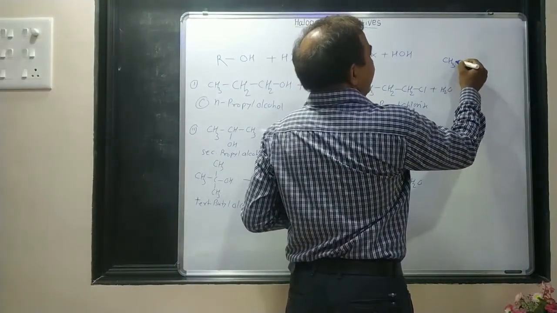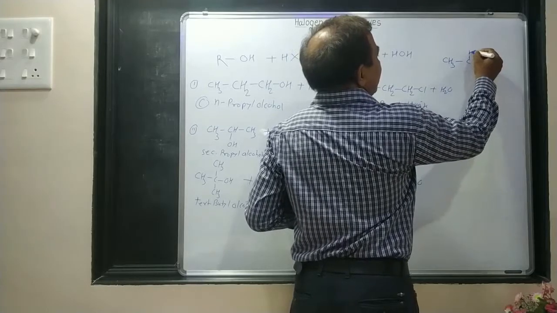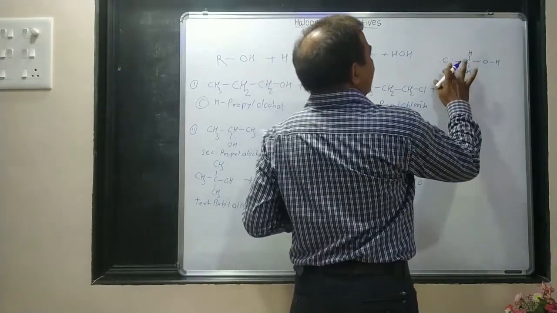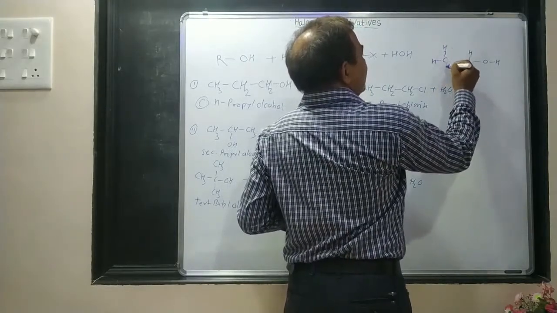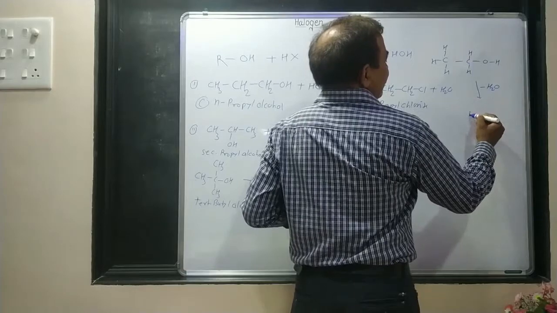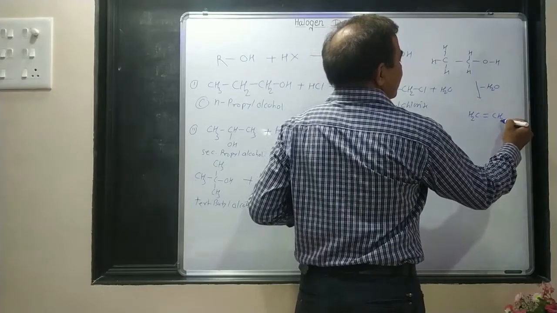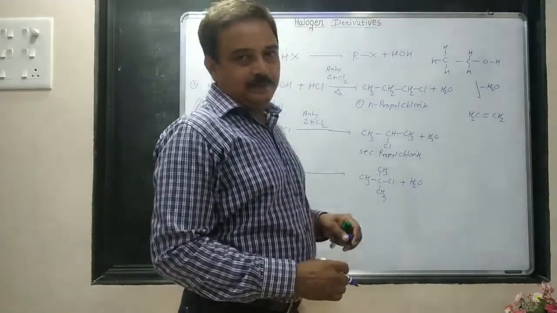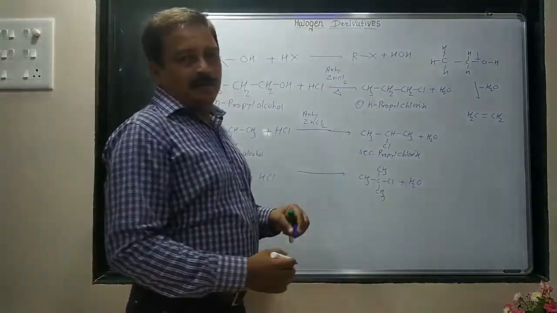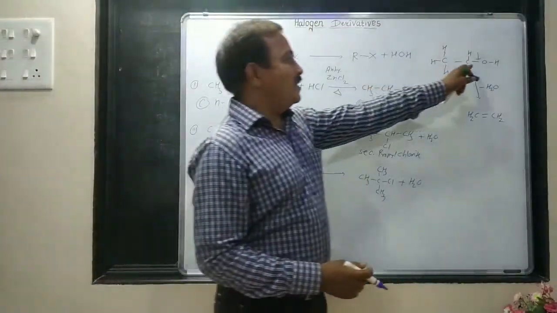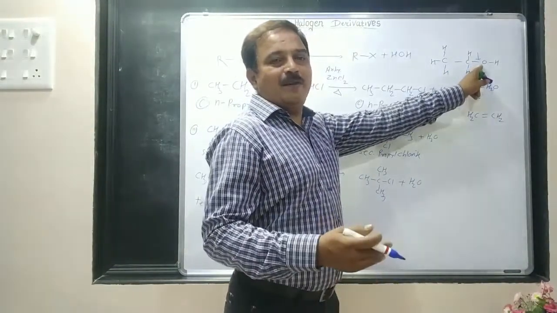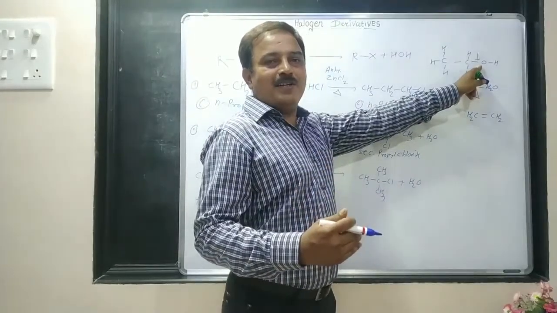For example, suppose ethyl alcohol is taken, and if I want to carry out the dehydration of this, we will get CH2=CH2, the corresponding alkene. Here we are going to concentrate on the C-O bond. Here the strength of the C-O bond is stronger. As a result, we require 95% H2SO4 and 140 degrees Celsius.